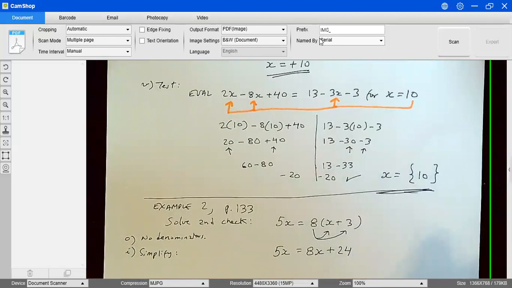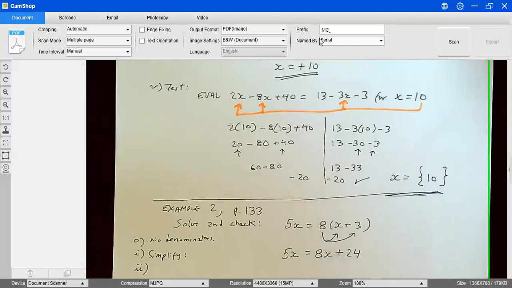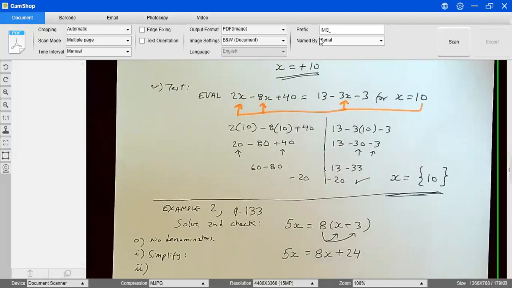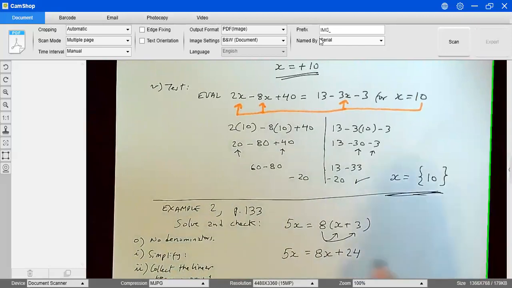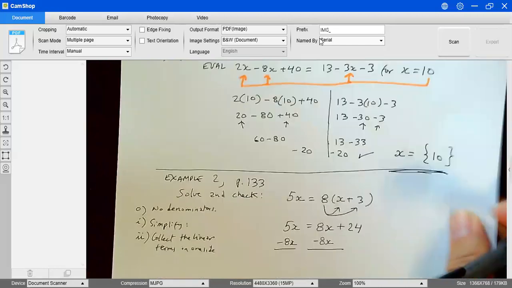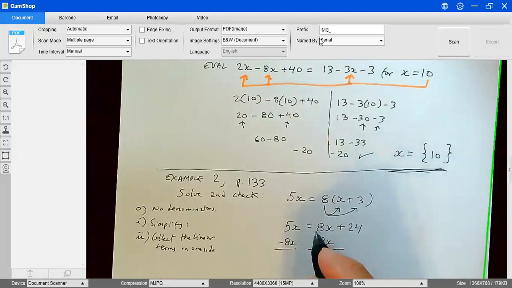So now we're going to collect the linear terms on one side. In this case, I'm going to move this 8x to the left-hand side. How? You just need to add the opposite. So I have positive 8x. I'm going to add negative 8x. So I'm going to get negative 3x